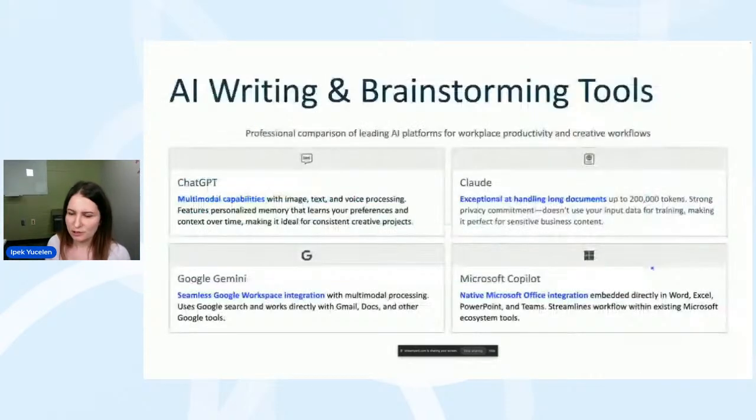Okay, so let's start with looking at the available tools, writing and brainstorming tools. These tools are easily accessible. They have free versions, and I think these tools are the starting point for the instructors or professors that have never used AI. So these platforms like ChatGPT, Claude, Google Gemini, Microsoft Copilot are some examples, but there are also other ones. As Sedan said, we cannot keep up with it because people are constantly developing new AIs. We also have Grok by X and DeepSeek.